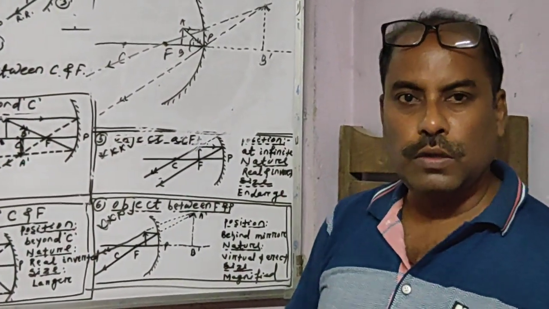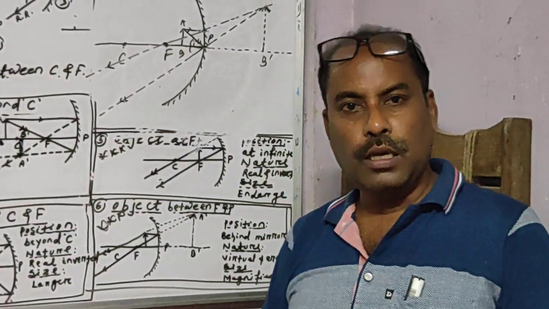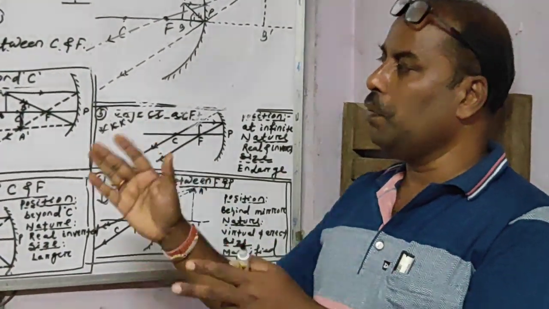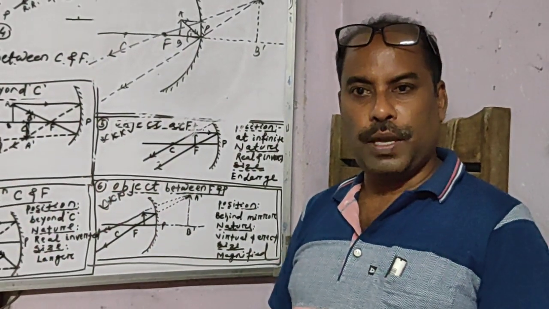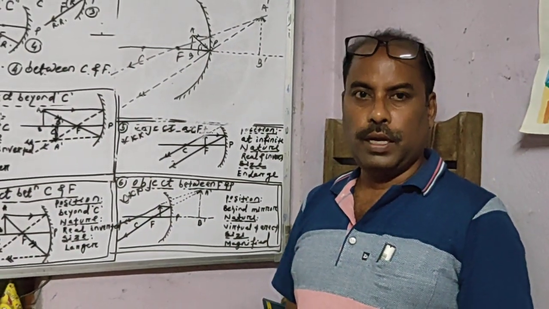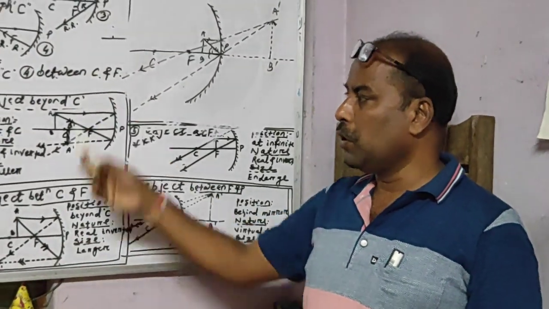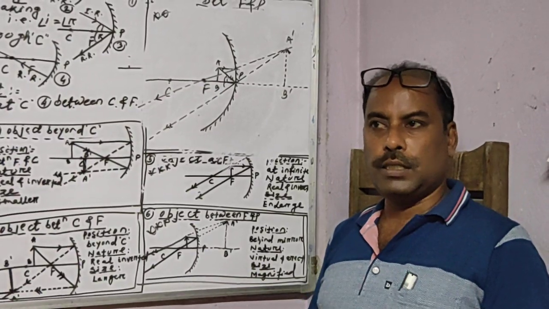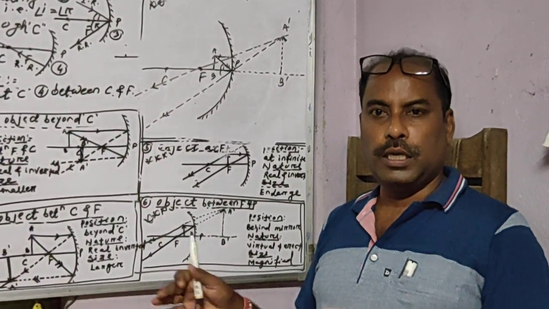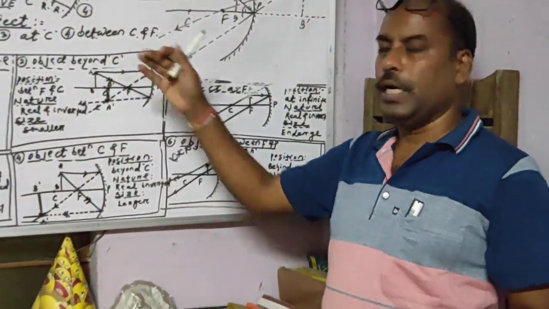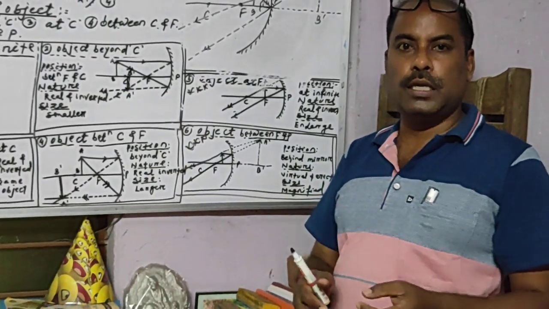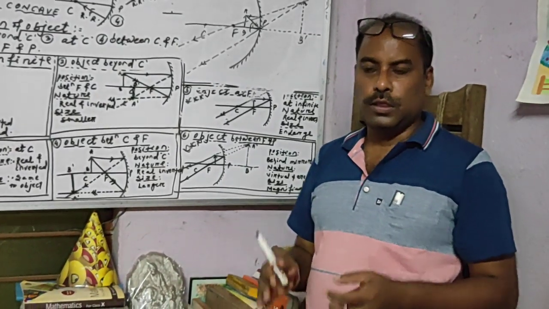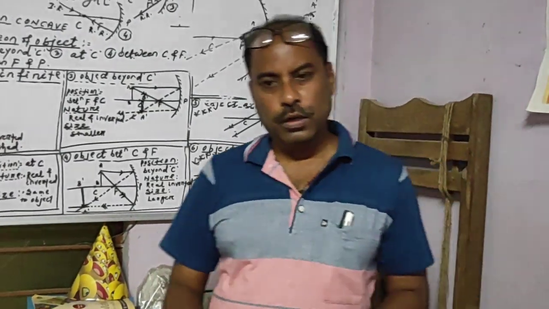I think you could understand, and you are feeling it is easy, but you have to go practicing. When you practice on your paper, then you will get some problems, and then you have to see this photocopy and practice it. So practice this one. In the next class, I will give some homework to draw the ray diagram, which you have to draw honestly in your room, and you have to pass it to me. Okay. So today's class is over.